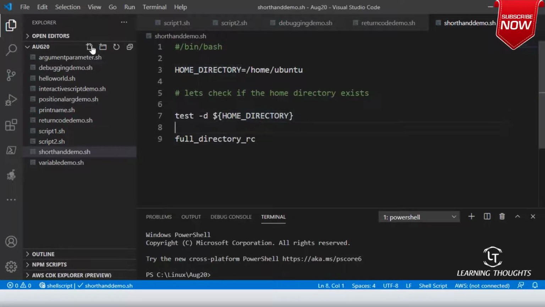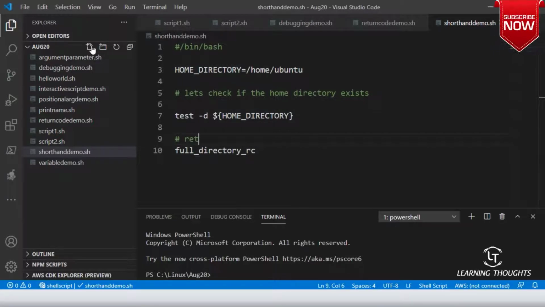Okay, so return code of full command, full_check_d_return_code. Okay, so for this I'll be simply putting $?.